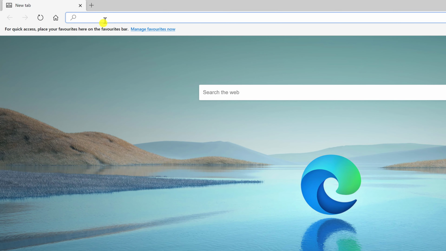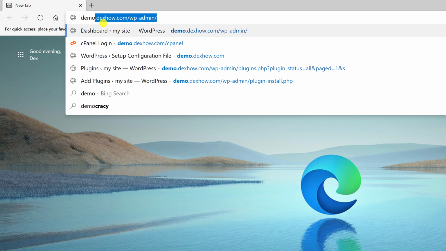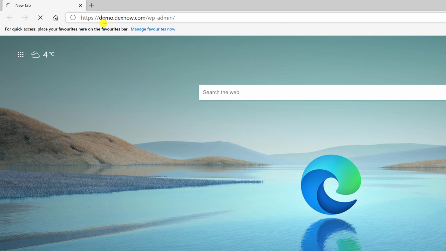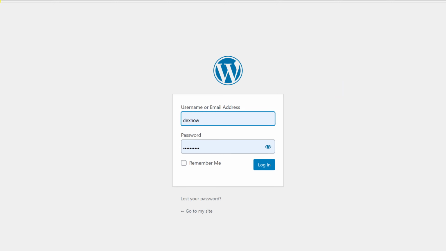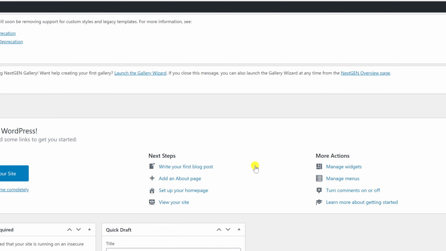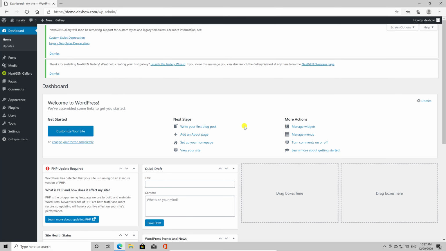Open the browser. So let's go into the administration panel for WordPress. Go to your domain /wp-admin. Log in with the admin and password. Installing a WordPress theme is easy, but keep in mind that if you activate a new theme, then it will change how your website looks and functions.